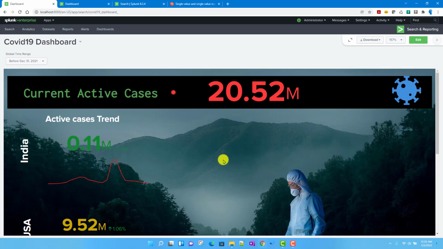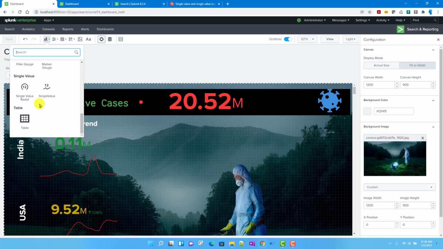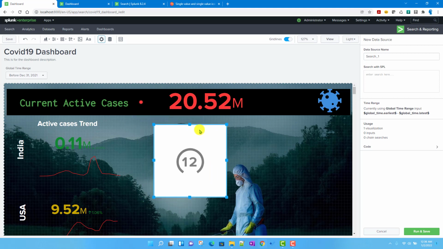Now before we close in, there is another visualization I was showing you, right? The radial one. I can just quickly show you that one, because for our current dashboard we are not going to keep it, but it is worth discussing, because you can use it in your dashboard as well, right? So I'll just say my data source name. This is another thing I wanted to show you.